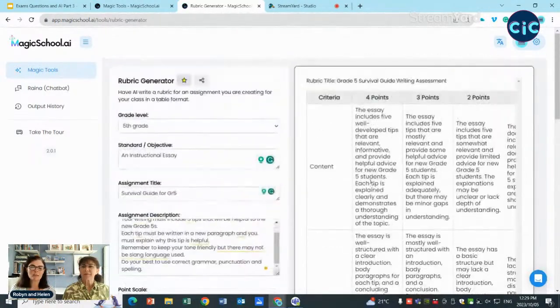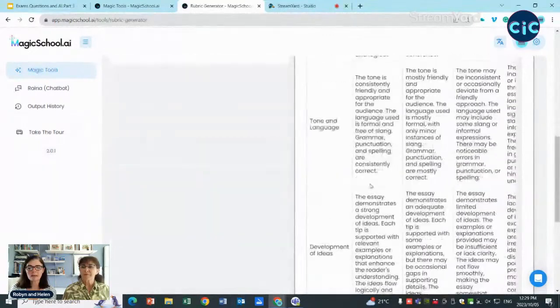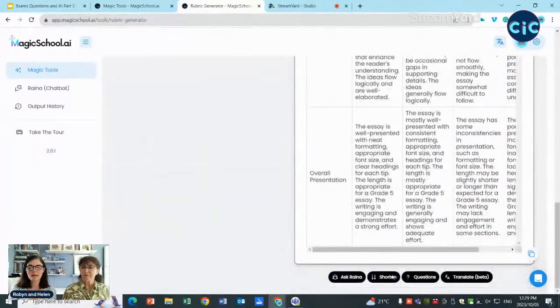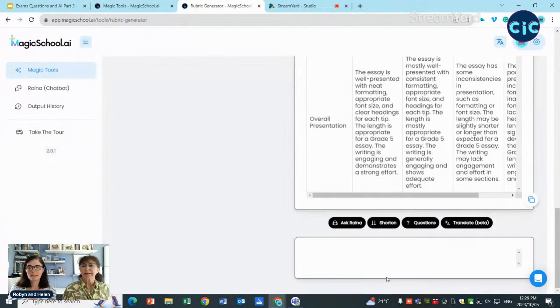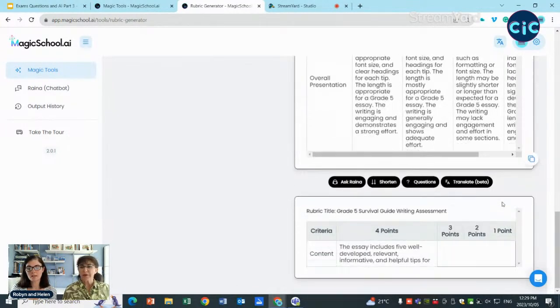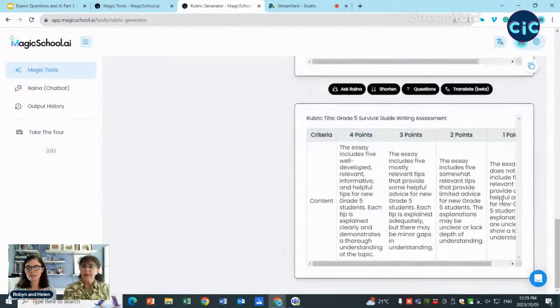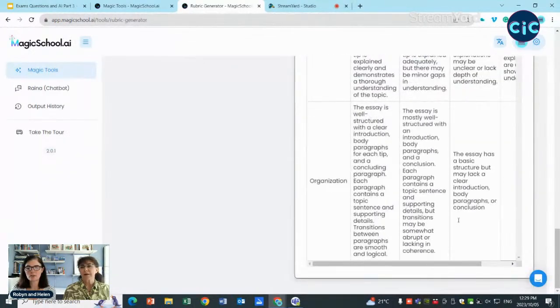If I don't like this one, I can regenerate. But we have here 5 criteria. I'm going to shorten mine. Yes, that's just what I would have wanted. Yeah, because it's very long otherwise. So it's giving me a slightly shortened version.